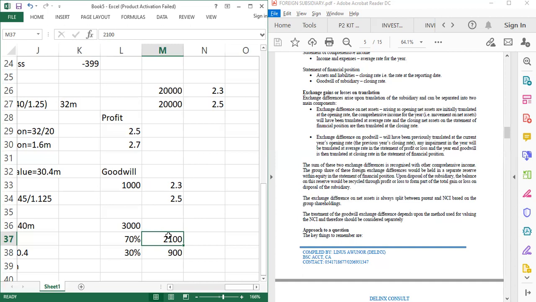All right. The exchange difference on net asset is always split between parent and NCI based on the group shareholding. That is 70% and 30%. The treatment of the goodwill exchange difference depends upon the method used for valuing NCI and therefore should be considered separately. We have two ways of